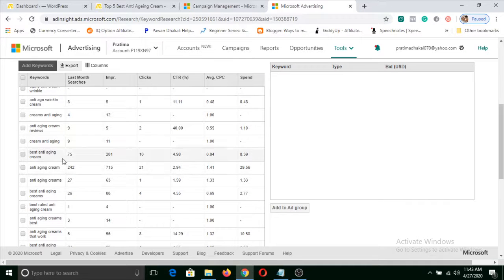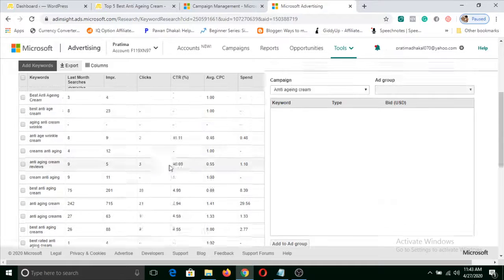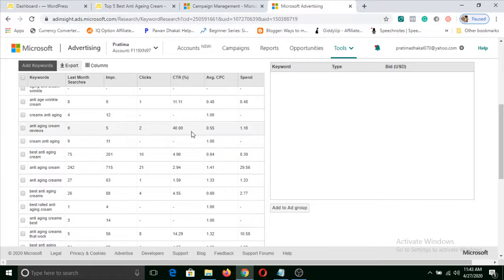And these are the clicks that keyword received, and CTR means the amount of ad clicks that happened whenever the ad was shown. Just here in the previous month there were 201 impressions, I mean the ad was shown 201 times and it got 10 clicks, and that's why its CTR is 4.98%.